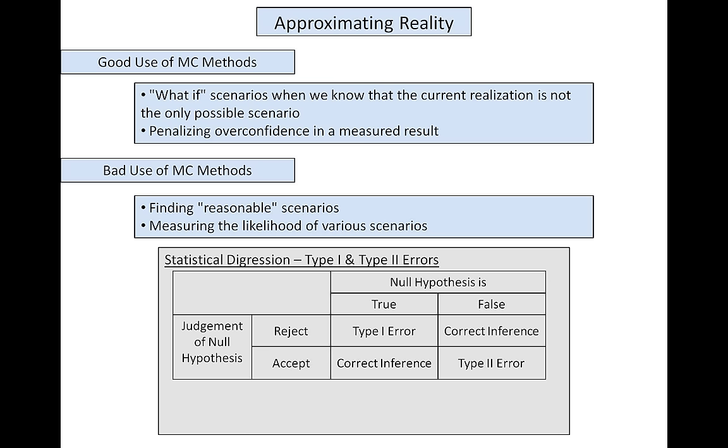We have two components. We have our null hypothesis, or our knowledge, or our prior, or something that we think we know. And then we have our judgment about our null hypothesis, or our judgment about that knowledge. And what we can do with that knowledge is accept it, or reject it. And that knowledge can actually be true, or it can be false. This is a fairly reasonable way of thinking about the world: there's the real world, where some things are true and some things are false. And then there's our judgment about the world as to whether we accept that these things are true or we reject that these things are true.